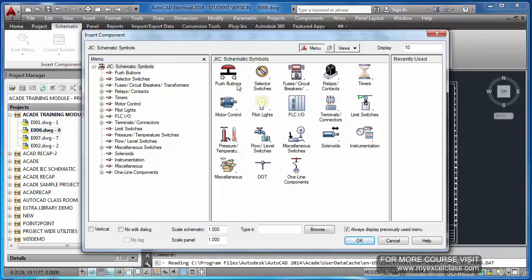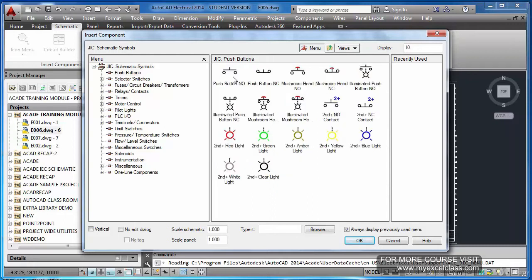So let us say if I want to insert a push button, click here. See, within this you will get a variety of buttons. Push button NO. NO means normally open. NC is normally closed. Mushroom head NC, and illuminated push button, and many.